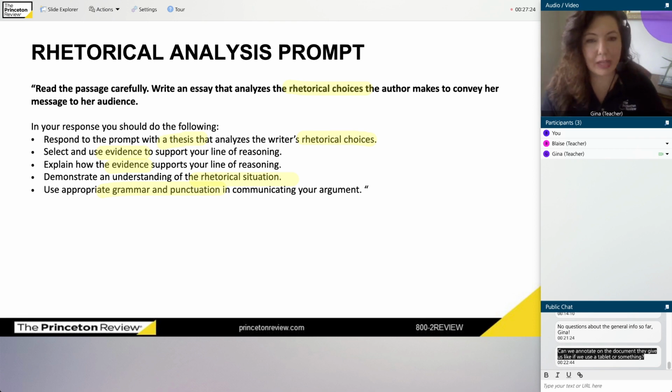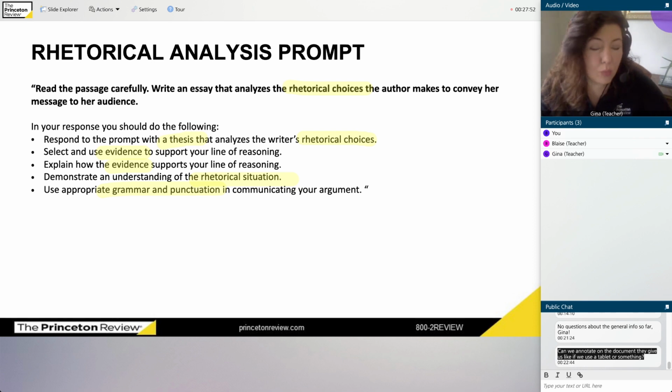Now, bear in mind that even though this is a computer based test, you won't have access to things like spell check or grammar check. You'll be writing in a very simple word processing program. It might allow you to backspace, delete, maybe cut and paste, but it will not tell you when you've spelled a word wrong. It will not give you suggestions for words that you should use in place of other words. So you won't have those kinds of tools you have access to in Word. You have to think for yourself here.